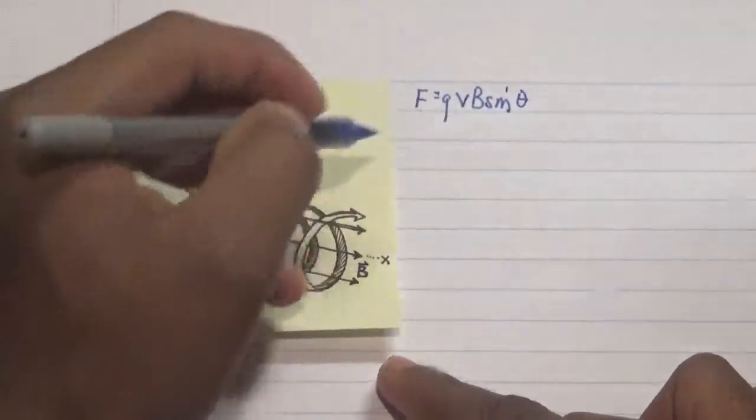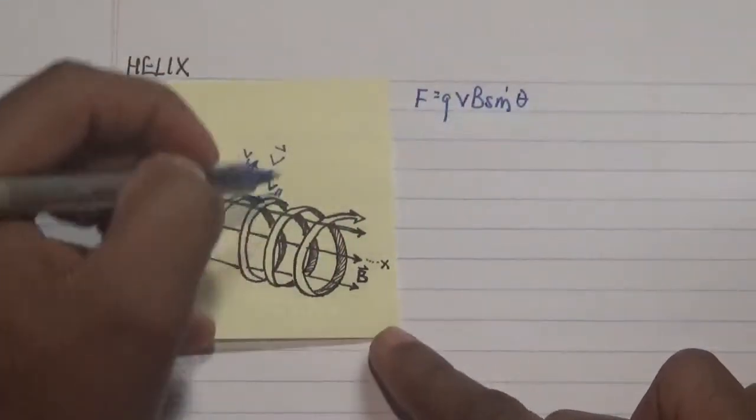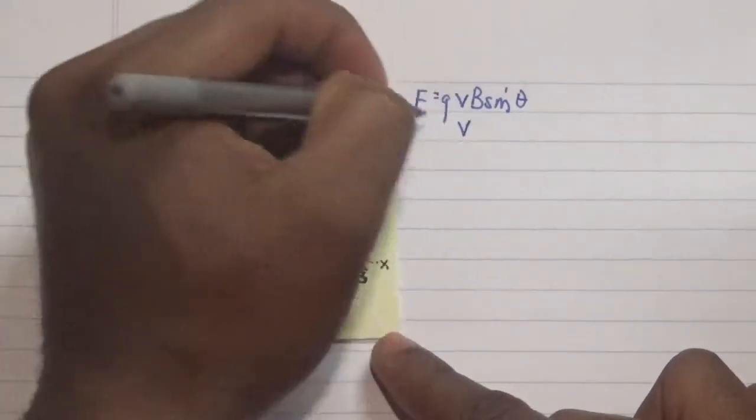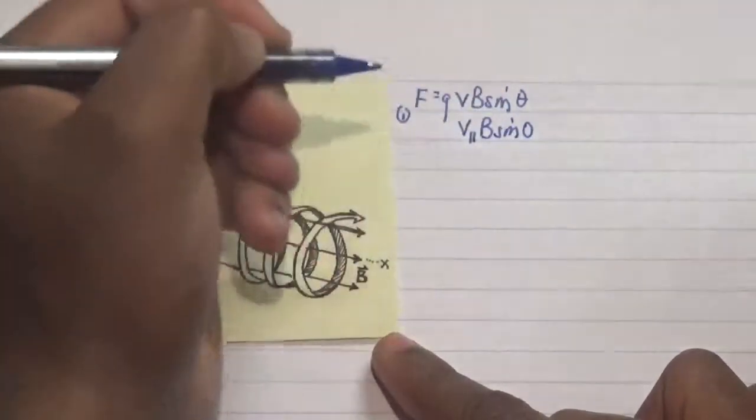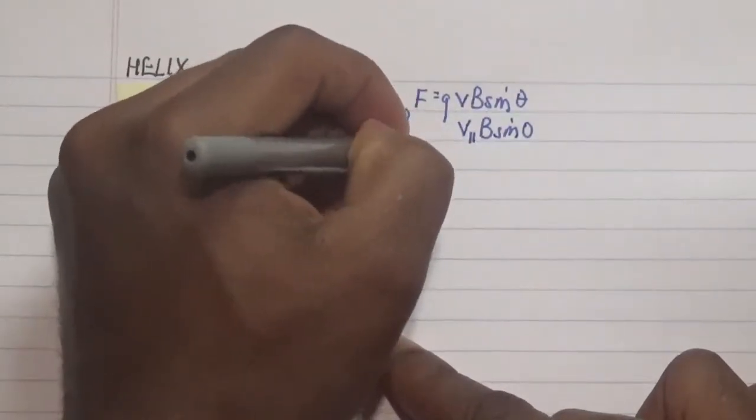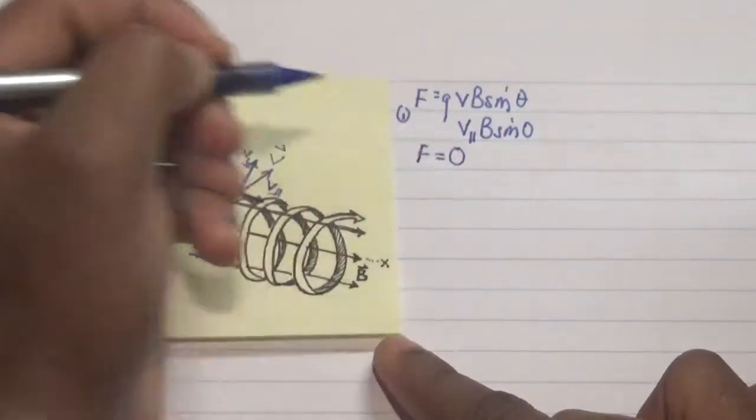If the velocity and the magnetic field are parallel, that is, if the angle is equal to 0, so let's put it as case 1, where V parallel is multiplied by this, then our angle gives sine 0, and sine 0 is equal to 0. So we have 0 force in case 1